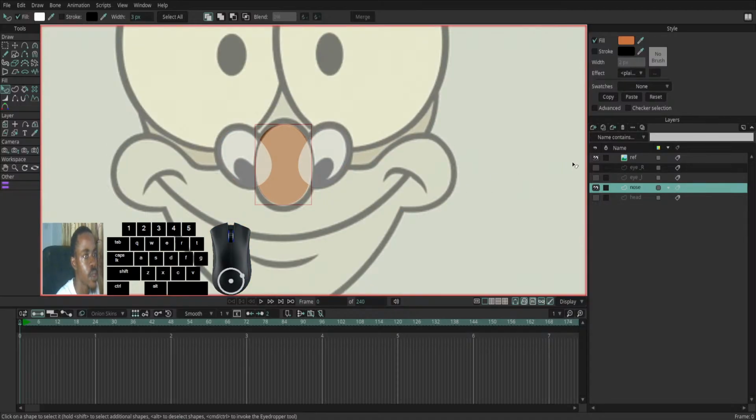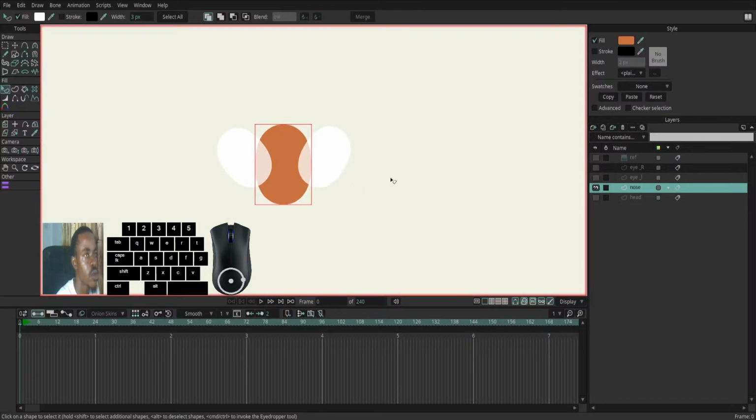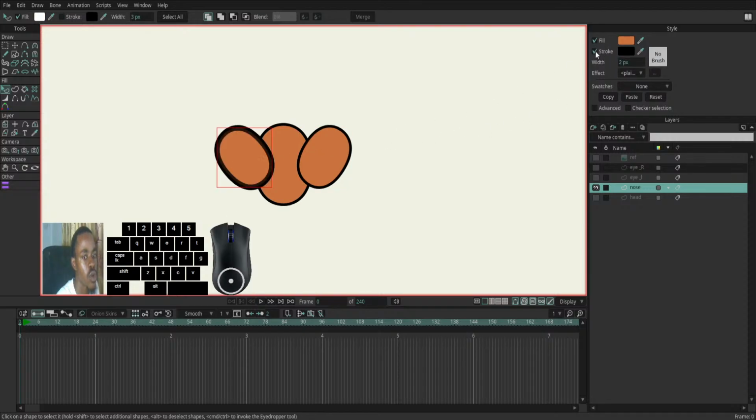Okay, let me turn this off. Then activate the stroke. Probably you set this to 1. Okay. Then for this as well, just select, paste, activate the stroke, set it to 1. For this as well, paste, activate the stroke, set it to 1. Alright. Now that that is done, then